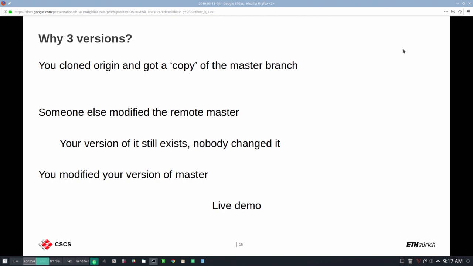And you're now going to work on your master, and yours changes, and I'm going to work on mine, and mine changes. But there's still a 3rd copy, which is when I originally cloned you, I get in my Git folder effectively a pointer which says when I cloned you, where your master branch was. So when you clone a branch, in your